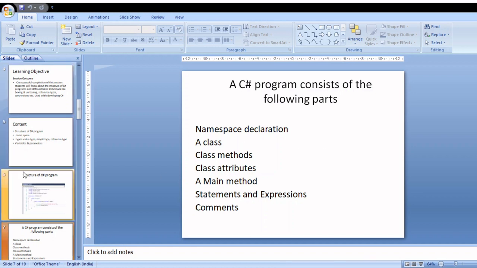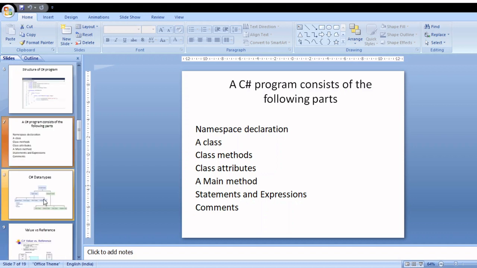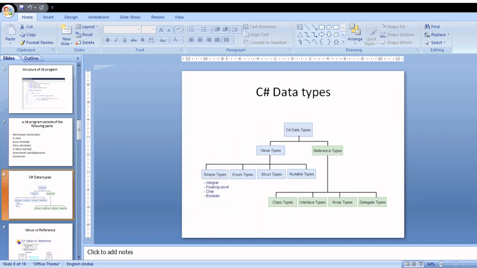This is a quick revision of the structure of a C# program, which you are already familiar with. Now I'll move on to the C# data types. Data types specify the size and type of values that can be stored.